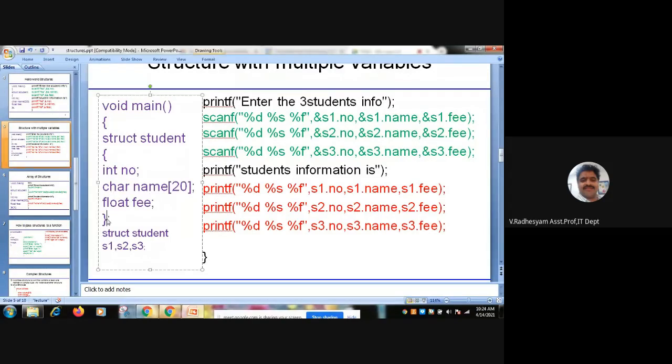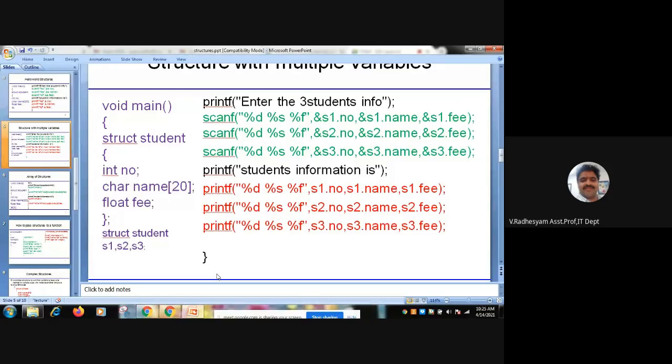Instead of declaring here s1, s2, s3, we can write again a struct student s1 comma s2 comma s3 semicolon. That is also one of the syntaxes. Here s1, s2, s3 are the three variables for a struct student.